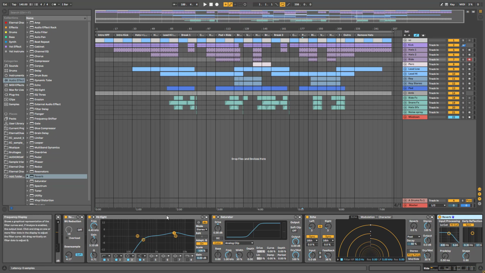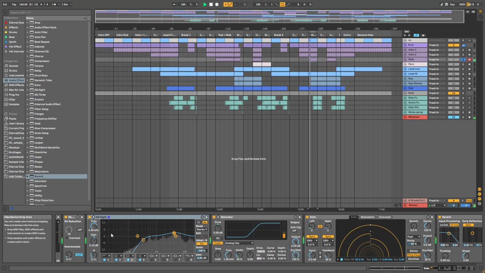So basically, I always use EQ to get rid of the frequencies I don't need. For example, on this ride, I didn't need all this part. See, it's completely useless. And I wanted to boost this part. That's something I like to do: boost a frequency range where I think the sound can shine and really stand out. So that's why I boost